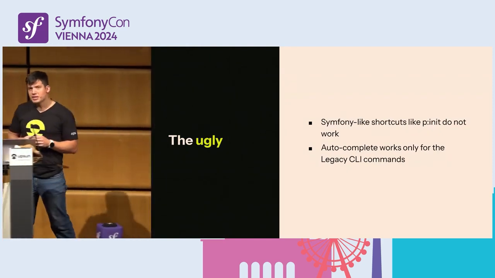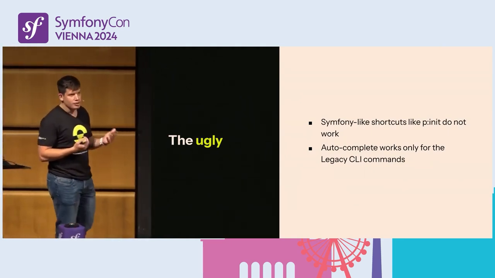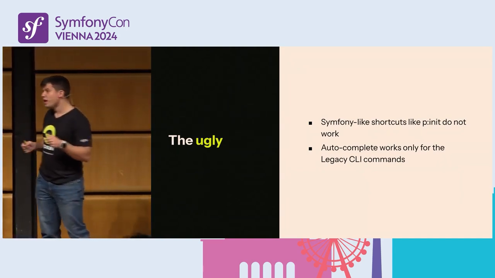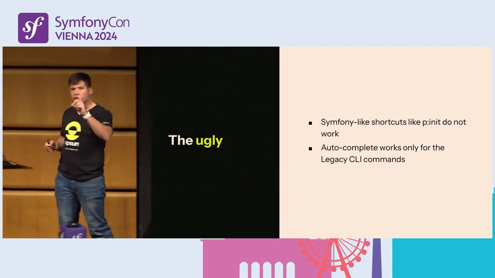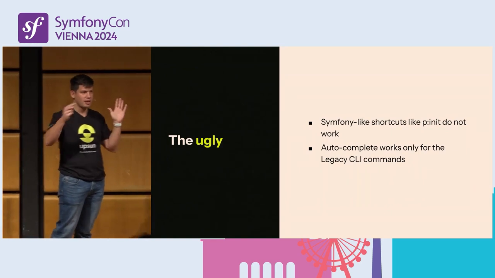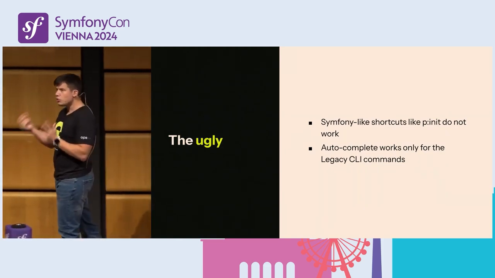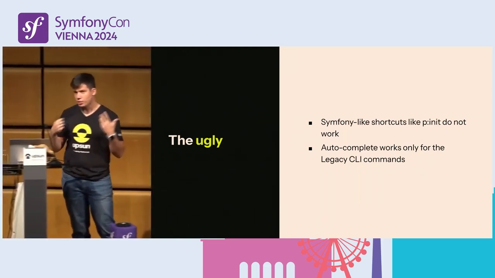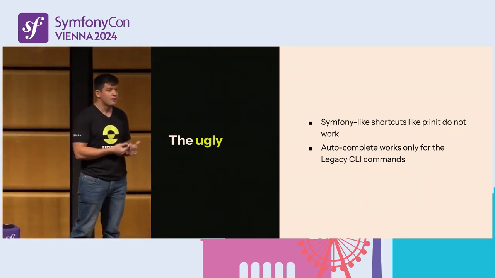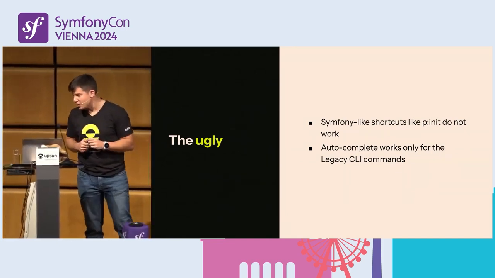The ugly things, so things that kind of work but not in an ideal way, is that Symfony likes shortcuts. So for example, if you have used the Symfony CLI, you can do things like absent p:\init, for example. So this will be the shortcut of the large command. So you can do shortcuts either on the first part of the command or the second part. This works very nicely on a Symfony-like CLI, like our legacy one, but does not work as nice on the new commands. So if you try to do today absent p:\init, it's not going to work, or will it? We'll see in a bit.